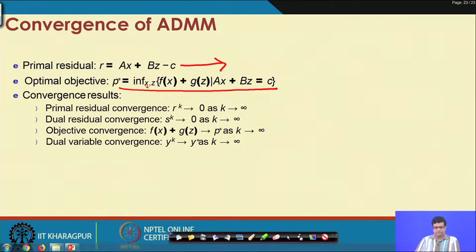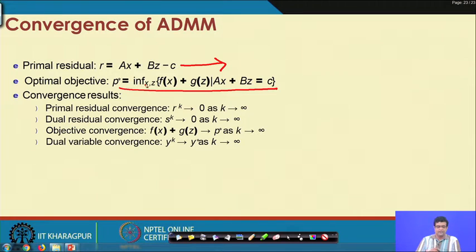So, as the algorithm converges, the previous result states that if those conditions are satisfied, that is if your functions are closed, proper and convex, and if the Lagrangian has a saddle point, that is with respect to the dual variable, the objective function value always decreases, and with respect to the primal variable values, the objective function value always increases.